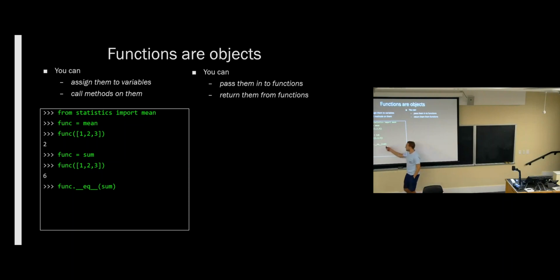Similarly, since functions are objects, you can call methods on them. And this is different from calling the function. We're not putting the parentheses on the function itself, we're calling a method on the function itself. And then we're calling it. And so it turns out functions, because they're objects and all objects have an equals method, functions have an equals method. So we can check to see if func is still equal to sum. And it is right now. In fact, it's not just equal to sum, they're the same thing, because we assigned those variables.